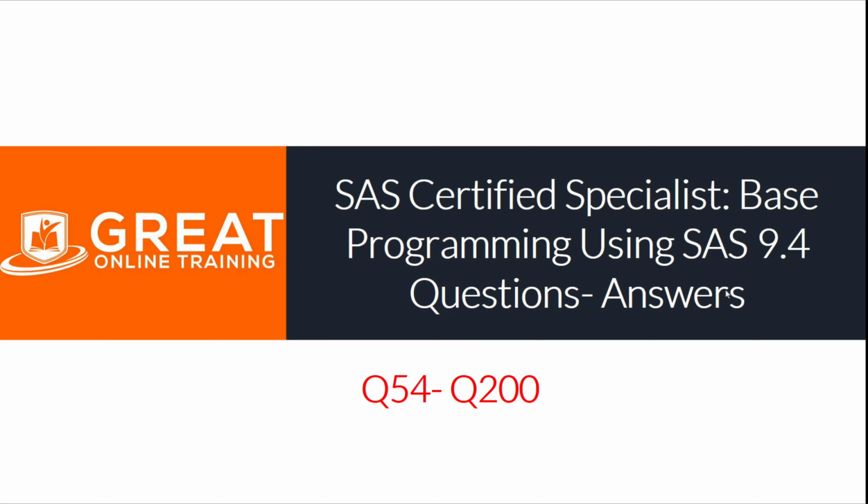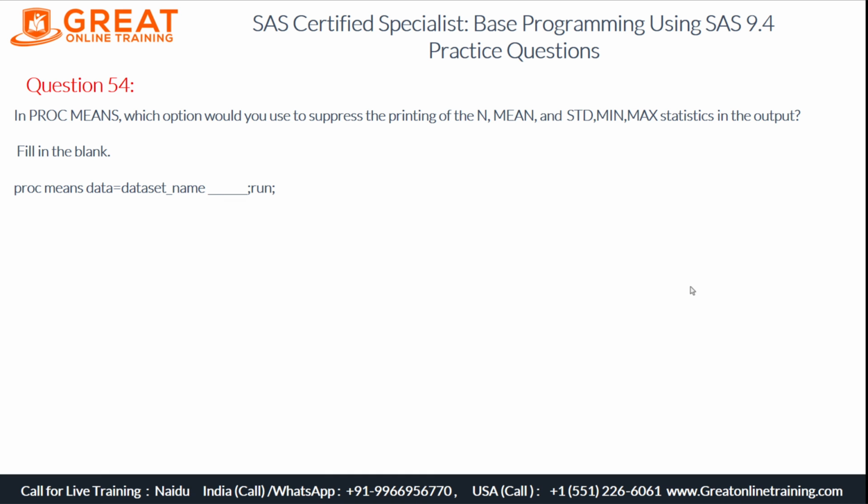This is Kavya. In today's class, we are going to discuss the Base SAS certification, question number 54. The question is: in PROC MEANS, which option would you use to suppress the printing of the N, mean, standard deviation, minimum and maximum statistics in the output? Fill in the blank: PROC MEANS DATA=dataset_name blank; RUN;